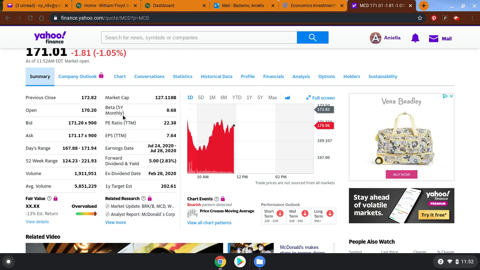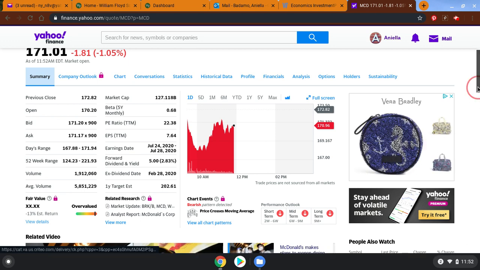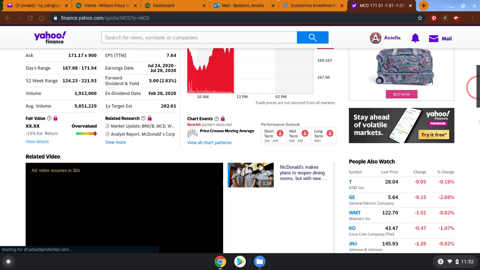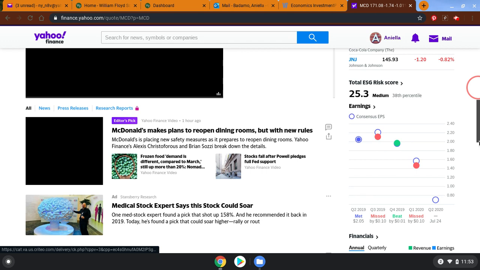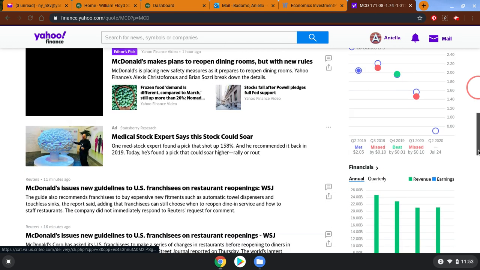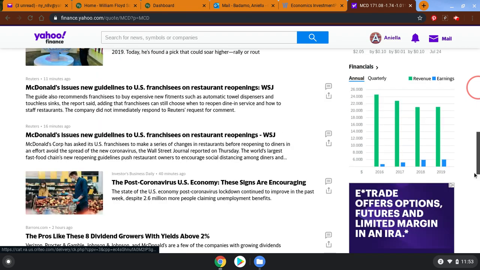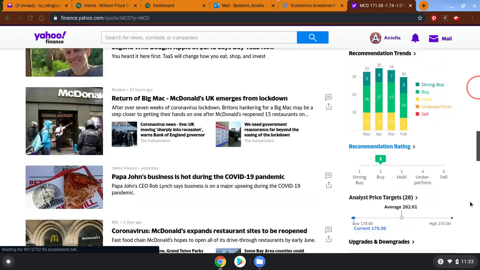So I think I sent you a video about how to read through this and what these things mean. Today in the world, that's how most people get their information. But we're just going to keep scrolling down the page. What you're going to notice on the left-hand side is all kinds of news articles related to McDonald's, right? And on the right-hand side, you're going to see more ads, but also information about